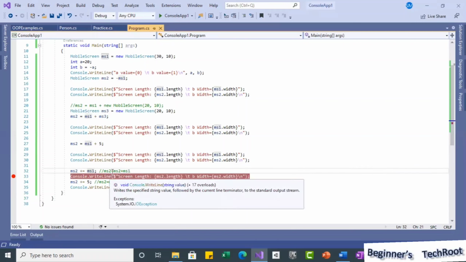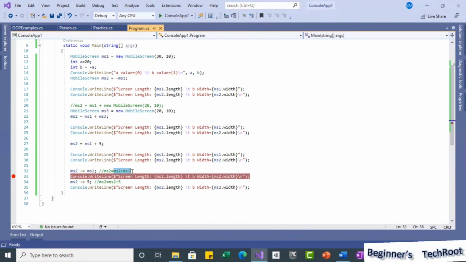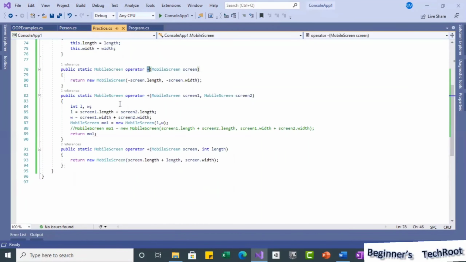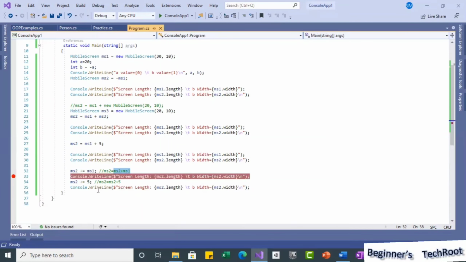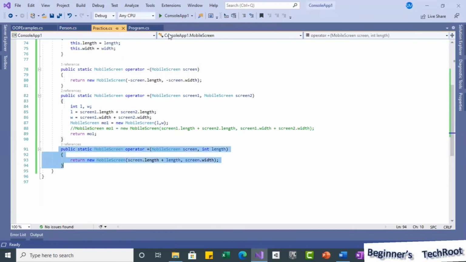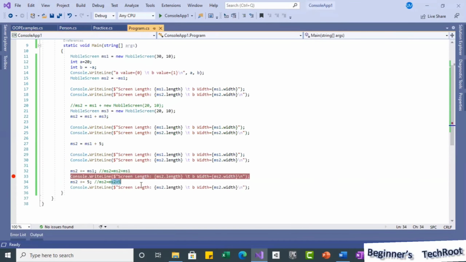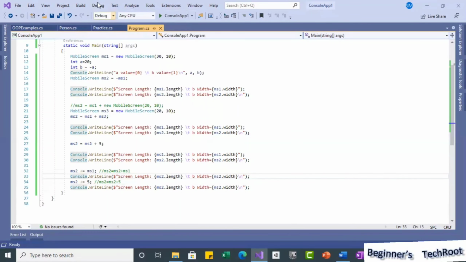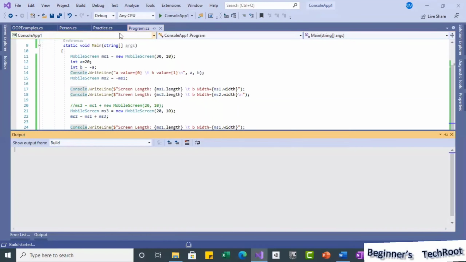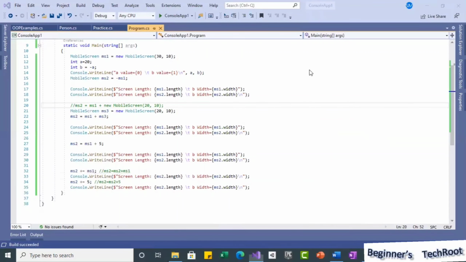This will be like ms2 plus ms1, so automatically it will go here. Similarly, ms2 plus 5 will go to this method. Okay, so now we can understand the result. I am not going to debug; without debugging only, I am going to run. And the output,